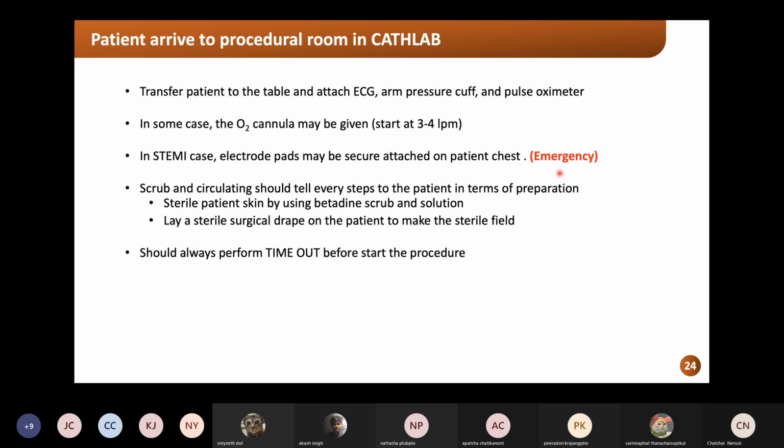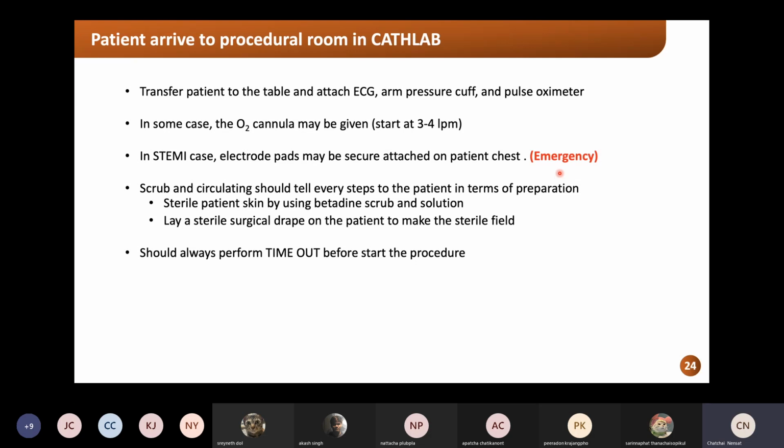Normally begin at 3 to 4 liters per minute. And in a STEMI case, or ST elevation myocardial infarction case, the electrode pads of the defibrillator may be securely attached on the patient as well, because in case of an emergency, like in case of the STEMI,